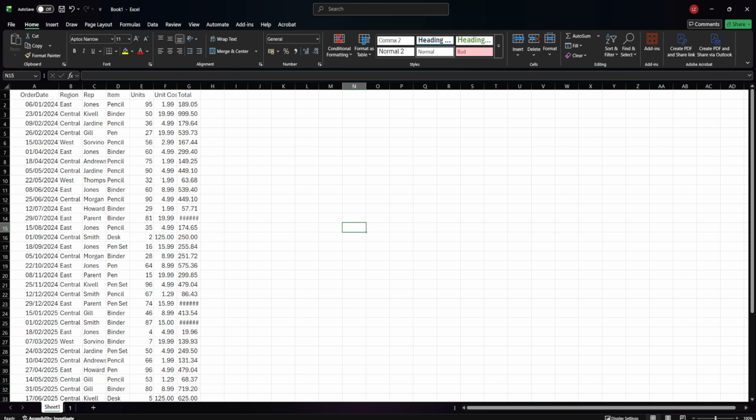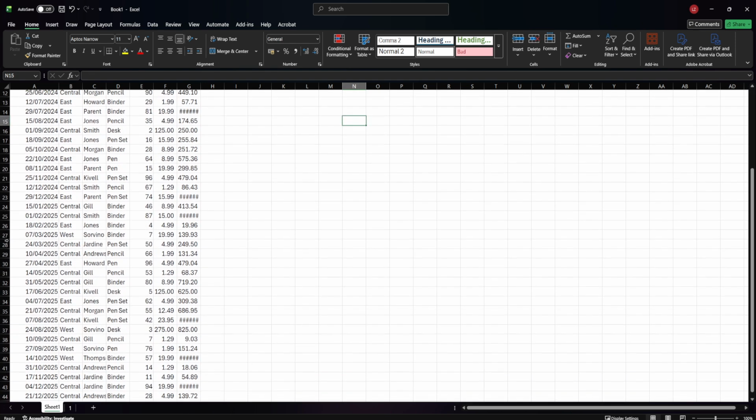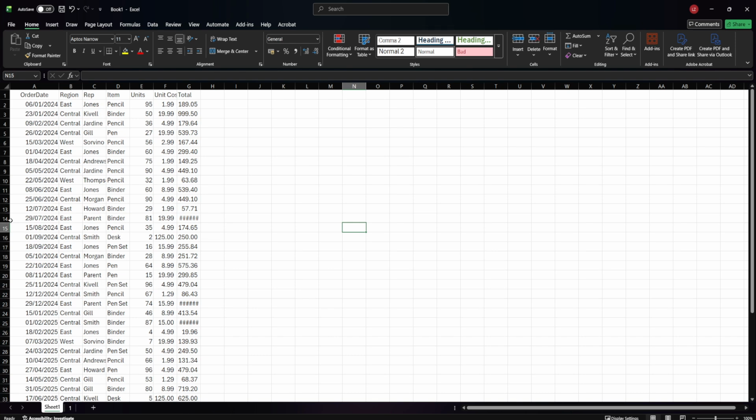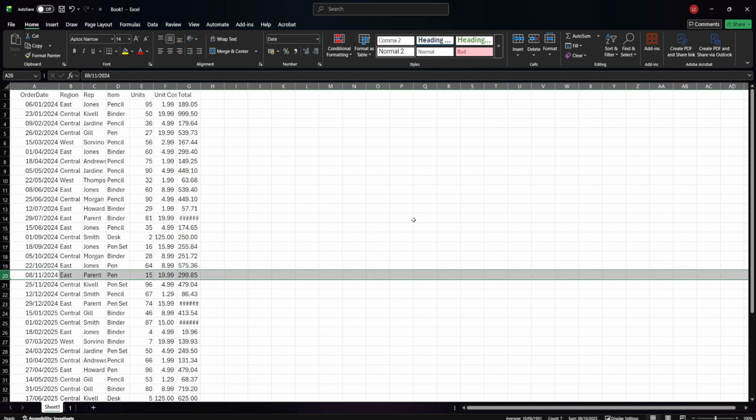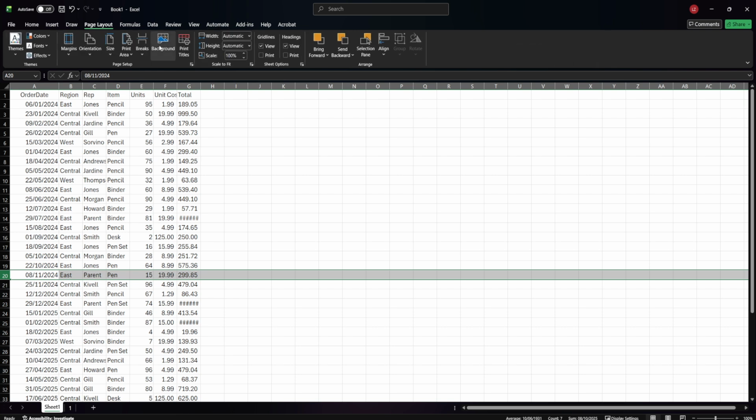So now option number two, if you have a long list and want to force Excel to start a new page at a specific row, is basically you select a row where you want the new page to begin. So let's say we have here 44. I will go here with 20. Go to the Page Layout tab at the top ribbon. So here at the top, Page Layout, now click Breaks right here, and then Insert Page Break,